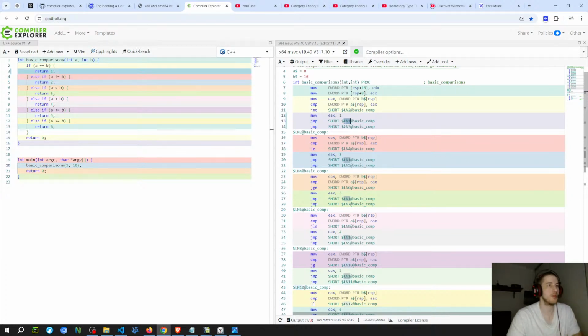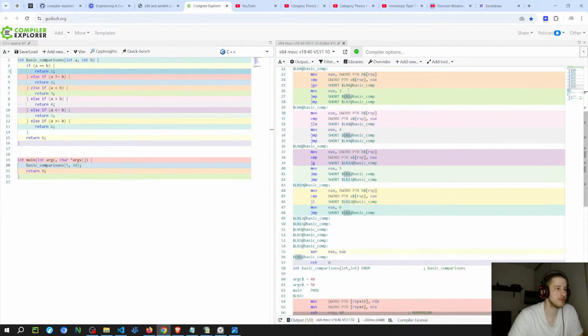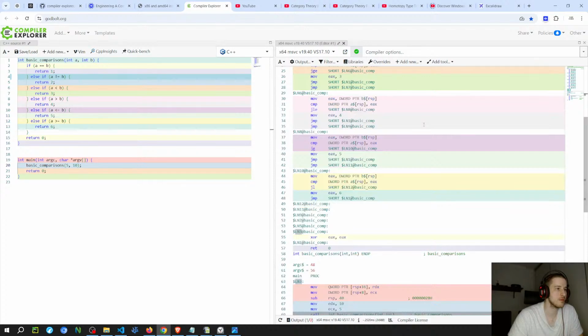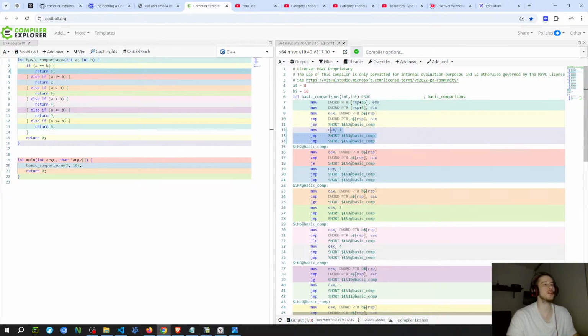So maybe I'm gonna ask ChatGPT this, because I don't understand why it has 2 jumps here. But I'm not really sure if ChatGPT is gonna be able to give a good answer because it lacks the context. I'm gonna ask why does the compiler